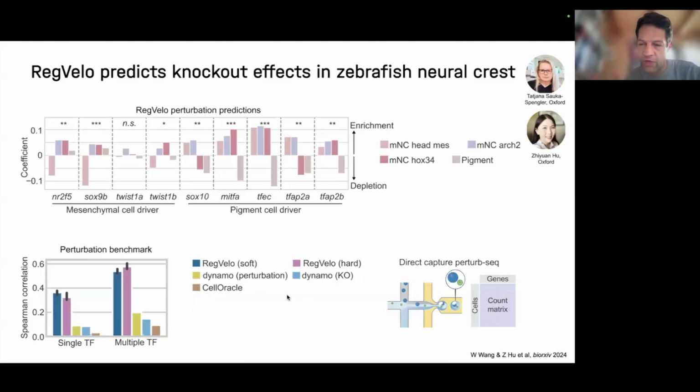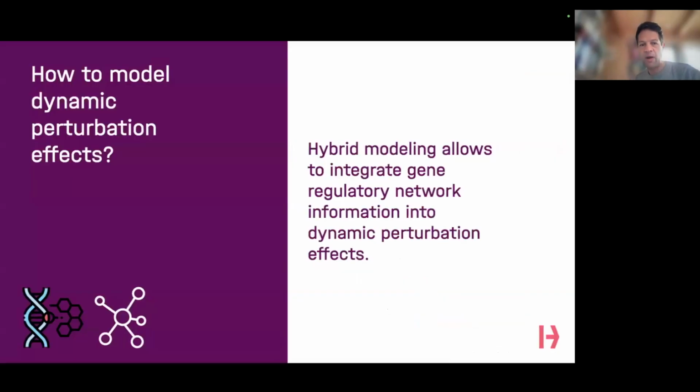And then we were able to formulate some particular hypotheses that I won't go into detail. So to summarize that part, with the dynamics, with the hybrid modeling, we can really add this GRN information, and it gives us information about the perturbation dynamics. Of course, it's going to be very hard to then do all this complex signaling and so on that you saw in the drug effect modeling of the cell flow. So these are complementary approaches depending on the detailed information that you would have. In this case, we're leveraging RNA velocity in this developmental process.